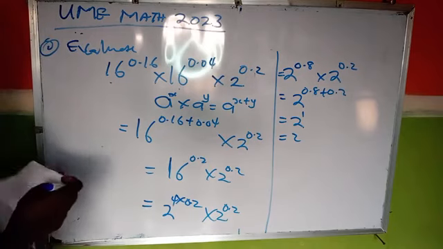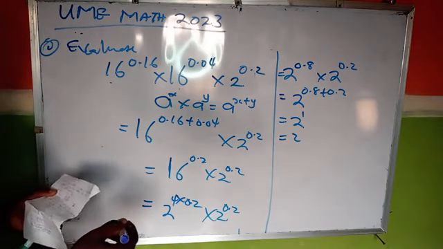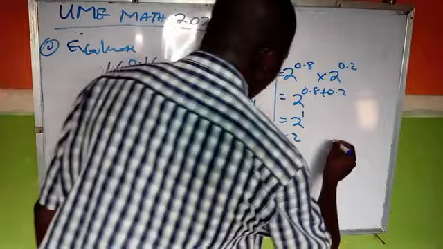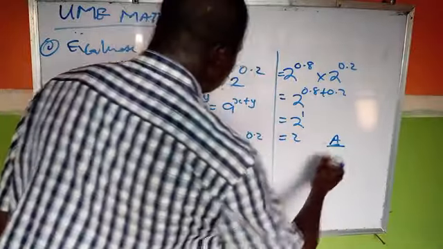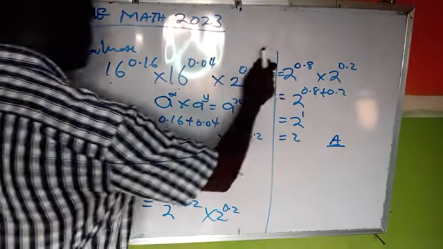From here, the answer there is what? A. That is it. Then